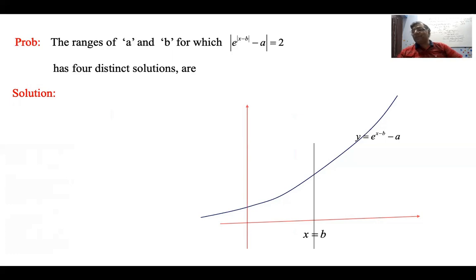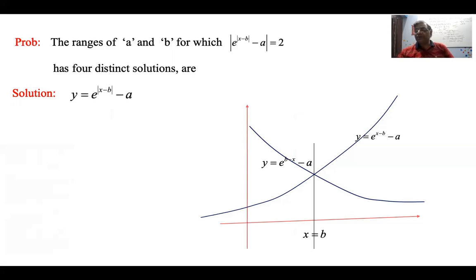Now, when x is less than b, then modulus of x minus b will be b minus x, that is, e power b minus x minus a. That graph will be there like this. These two pieces are given like that. That above piece and here the above piece are taken there. These pieces,